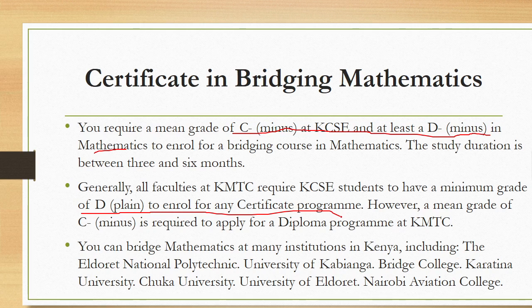However, with a mean grade of C minus required to apply for diploma. So maybe let me take it once again. If you want to enroll for any certificate course, you need to have a D plain. For a diploma, you need to have a C minus. And I believe for some institutions, if you want to enroll for a degree, you need to have a C plus, right? So you can bridge maths in many institutions, including University of Kabianga, Karatina University, Chuka University, University of Eldoret,